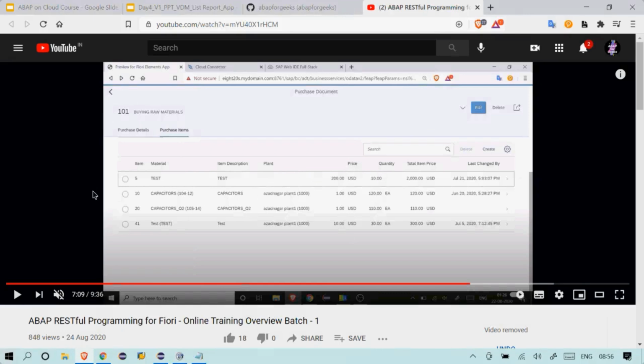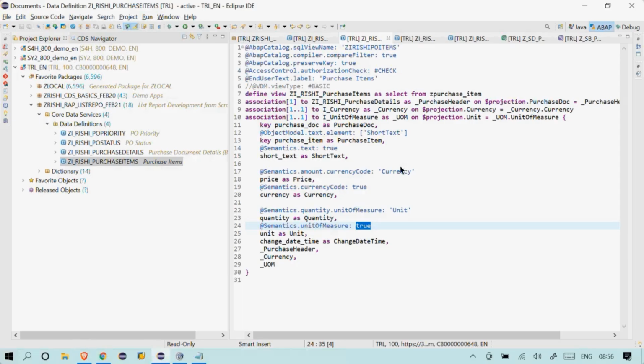This is a standard way that we follow in real time as well. You do not specify it in a separate column when it is holding any description, like item or the purchase document. It is always better to use these two annotations to show it in the same column, so that you save some space as well. So activate this, and we are done adding the information here.